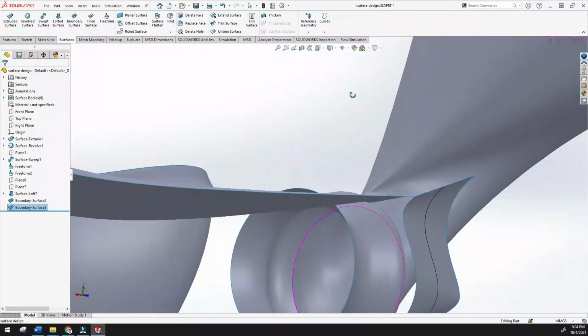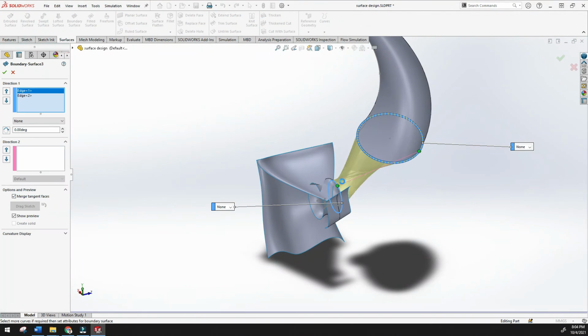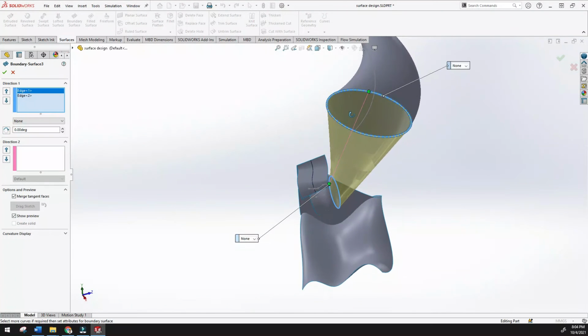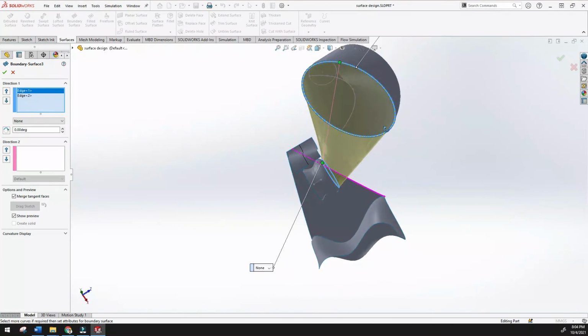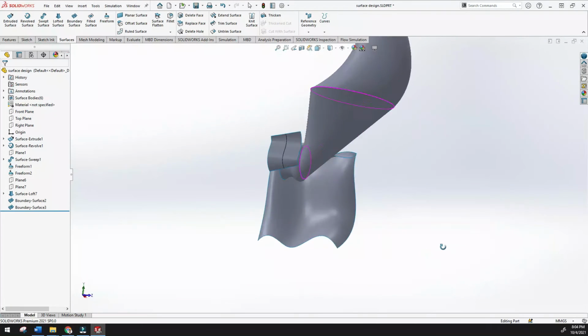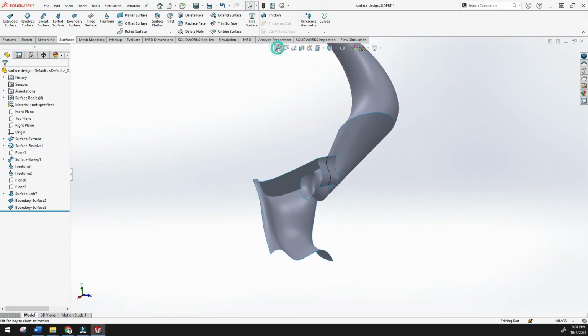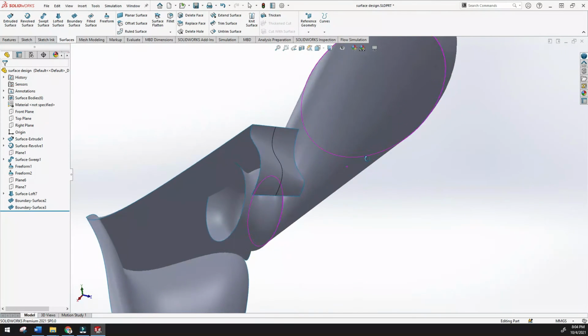If you want to sort out this problem, just right click and edit feature, and just try to connect this side. See, now it is looking very good, right? Yes, done. See how I have closed these two sketch profiles with this boundary surface.